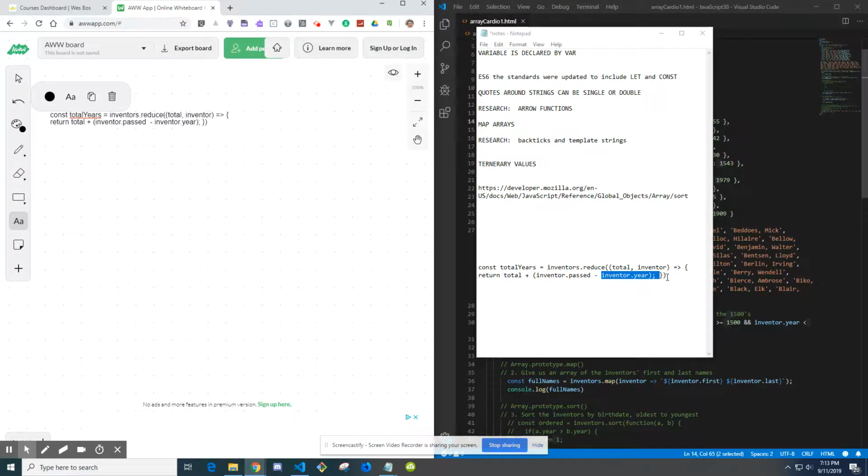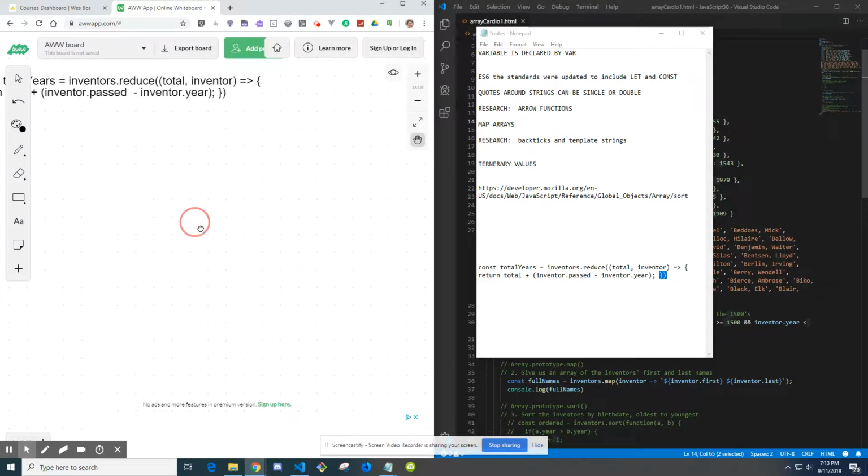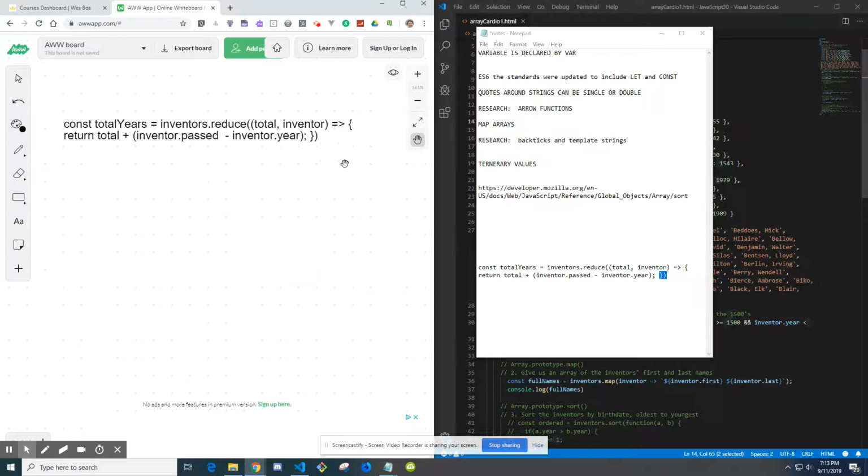I might be off on these last couple curly brackets, but that's okay. This is the one I want to make sure that we got. So what we're doing is we're looking at the variable name of total years, and we're looking at the inventors array. We're going to do the reduce method, and we're going to do a total